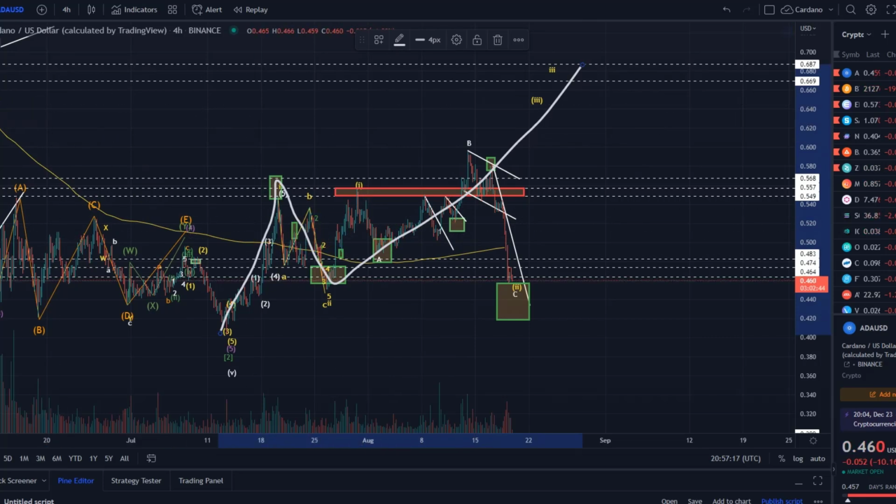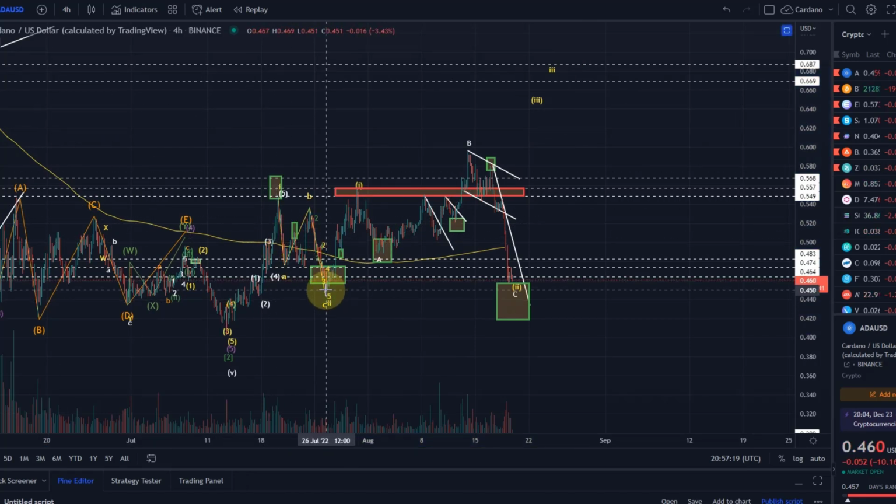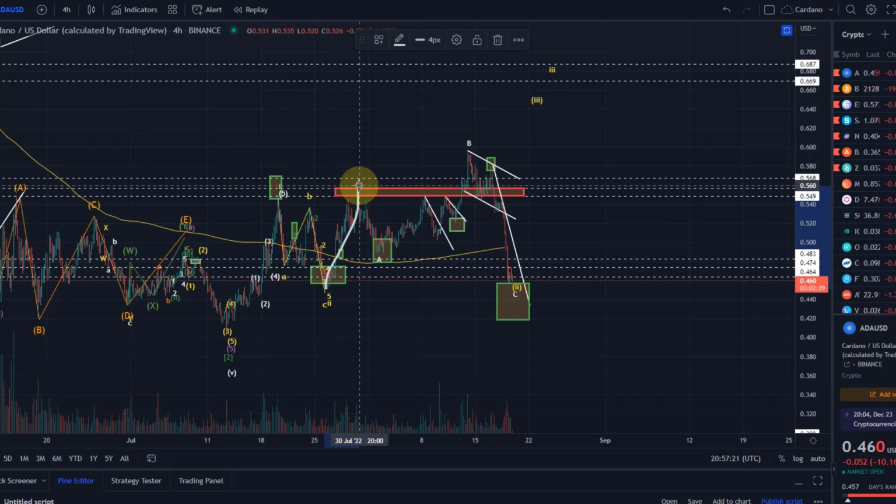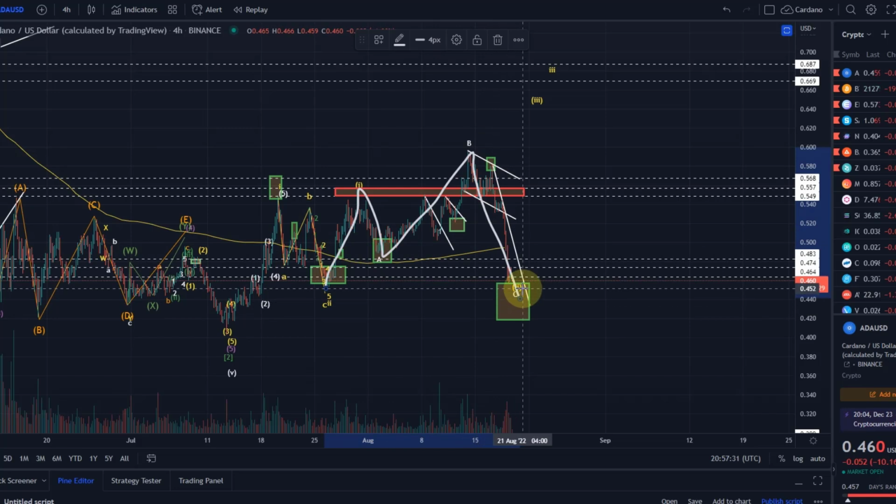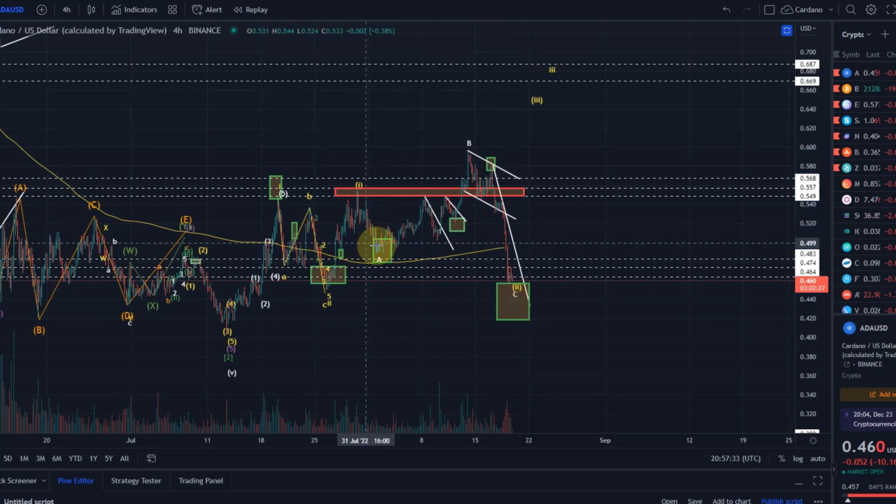In the wave 3, we've got a subwave, and we can assume that we created here a wave 1 all the way up to 56 cents. We then moved in an A, B, C correction to form a wave 2. We see here currently an expanded flat pattern. That is how we can see it at the moment. An overshooting wave B characterizes an expanded flat, and a very strong sell-off in a wave C that will go below the low of the wave A. The low of the wave A was here at 48.9 cents. This is how we can see it at the moment.